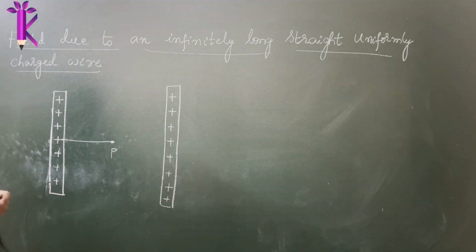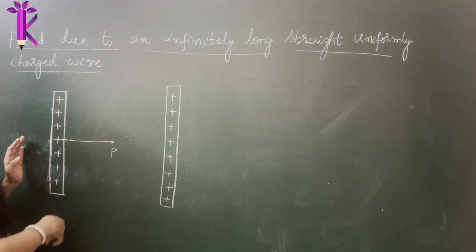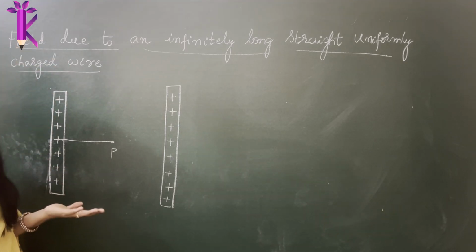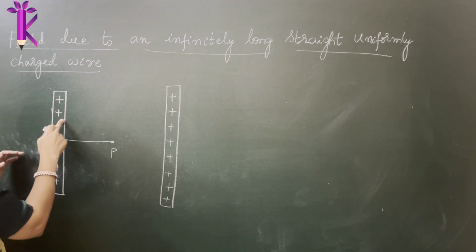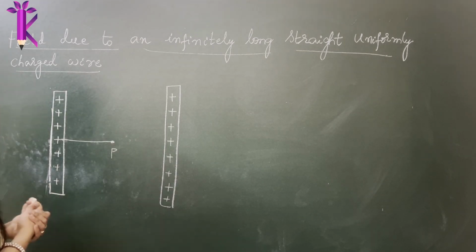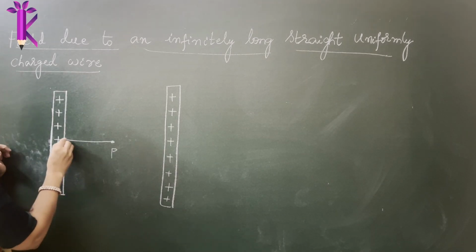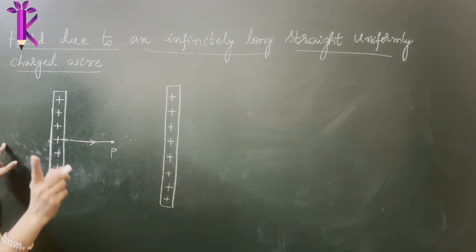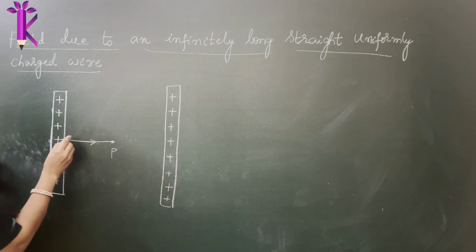So what does that mean when you write it diagrammatically? It looks something like this. I cannot draw an infinitely long wire, which means it extends beyond the board, beyond this room, beyond the sky. So we assume it to be uniformly charged. Preferably we are talking only about positive charges, and we know the field due to these charges is radially outward. I have discussed this very clearly, but I want to discuss it again.